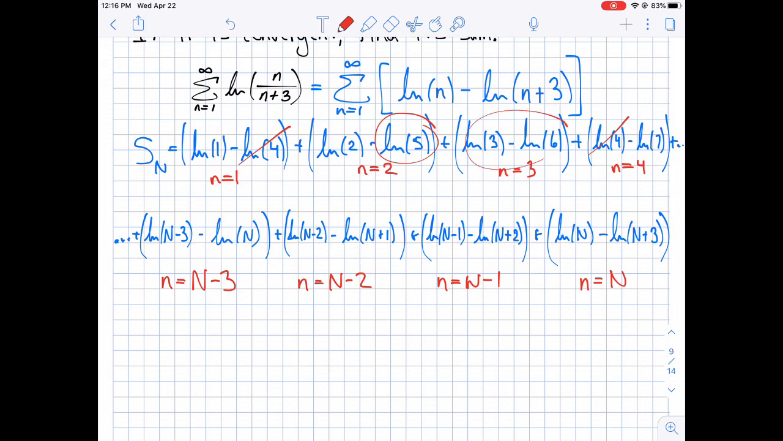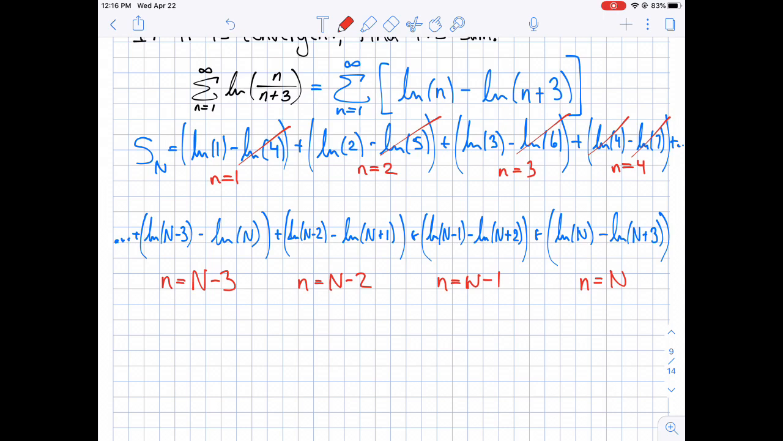And then what's going to happen with this ln of 5? Well, it's not going to cancel with anything from here or with anything from here, but it would cancel with something from the very next set of brackets. So here we can cancel out that ln of 5, okay, even though we essentially skipped that term. So the ln of 5 is gone,